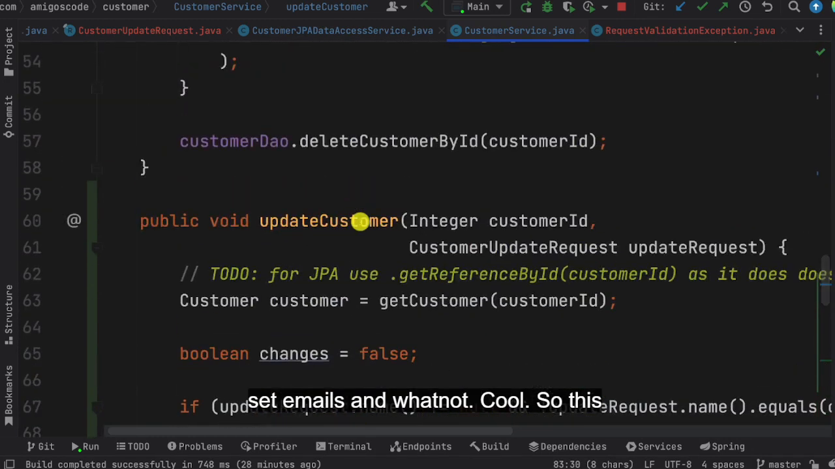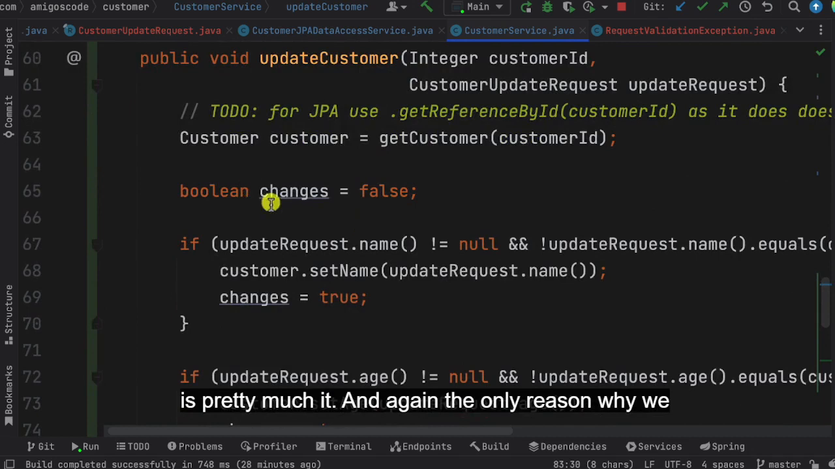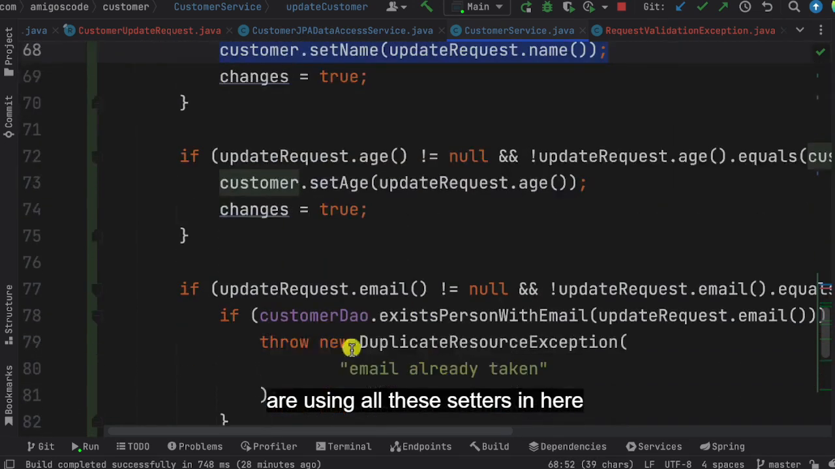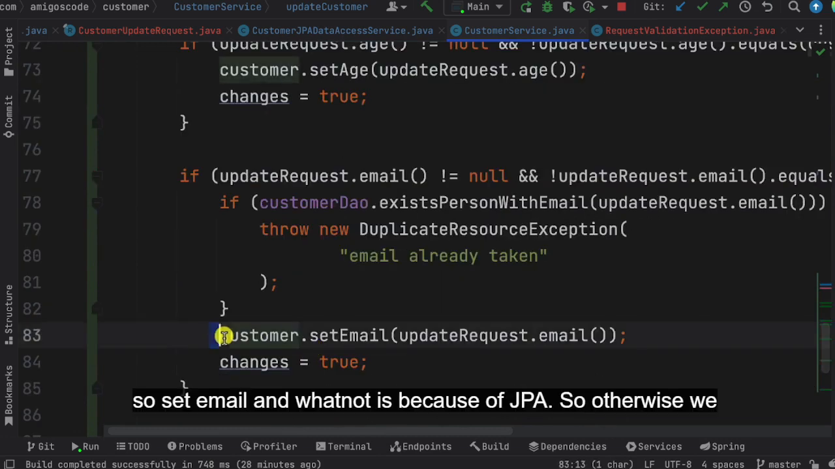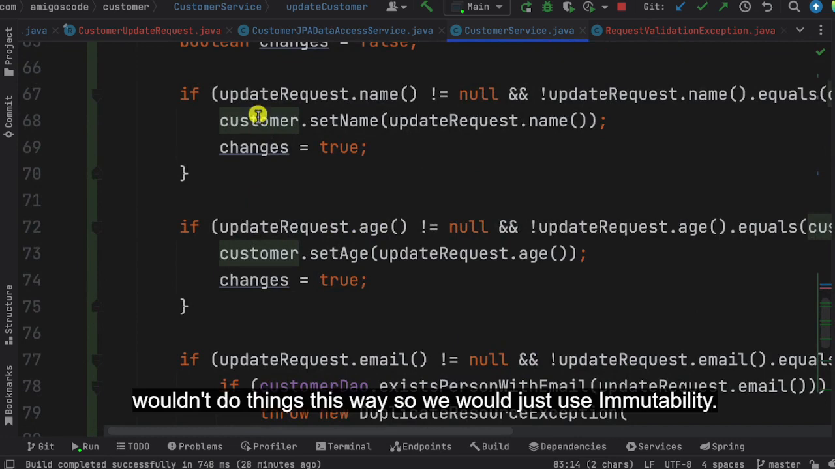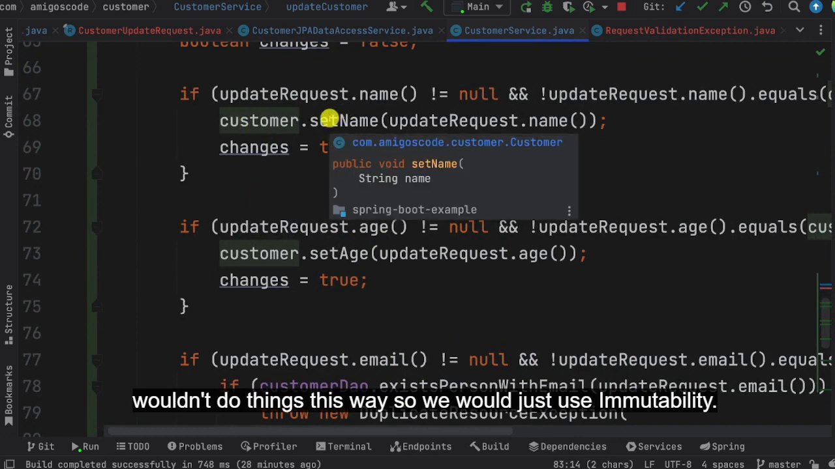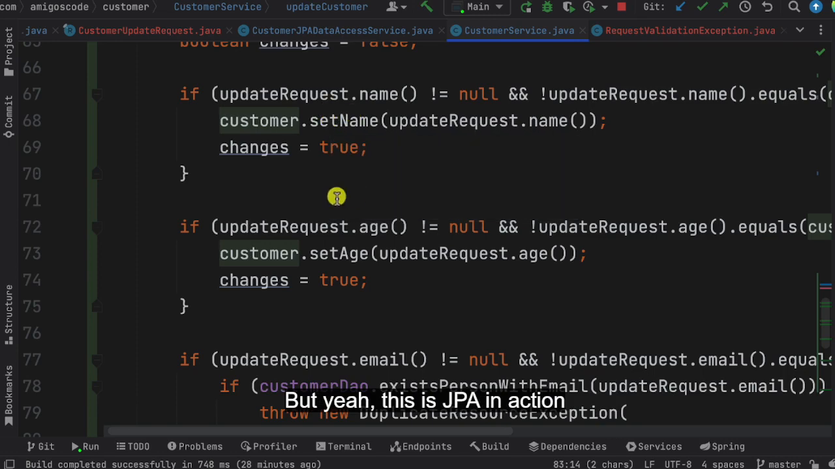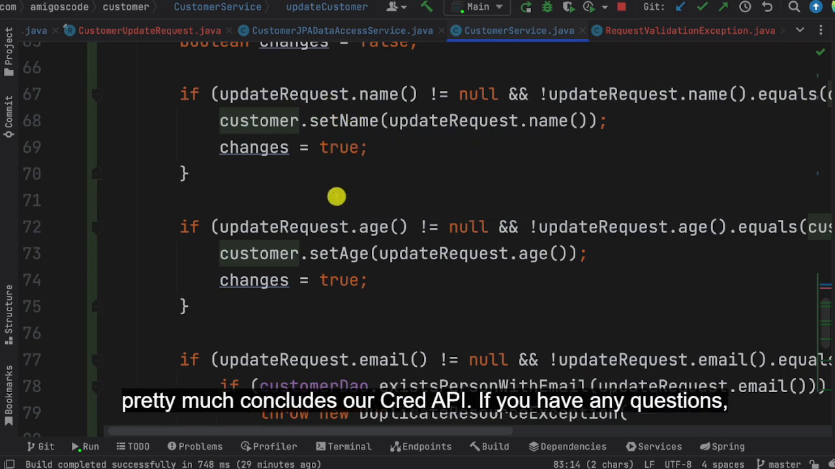Cool. So this is pretty much it. And again, the only reason why we are using all these setters in here, setEmail and whatnot, is because of JPA. Otherwise we wouldn't do things this way. We would just use immutability. But yeah, this is JPA in action. And as you can see, it's not that difficult. And this pretty much concludes our